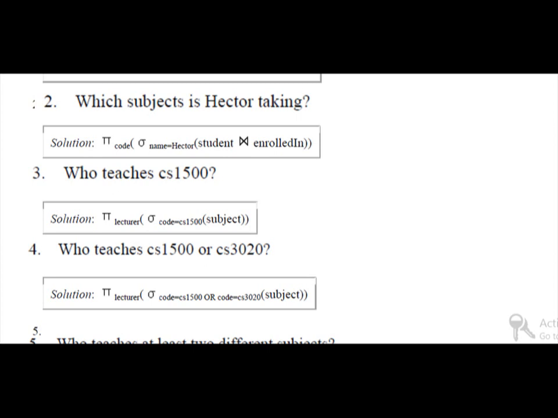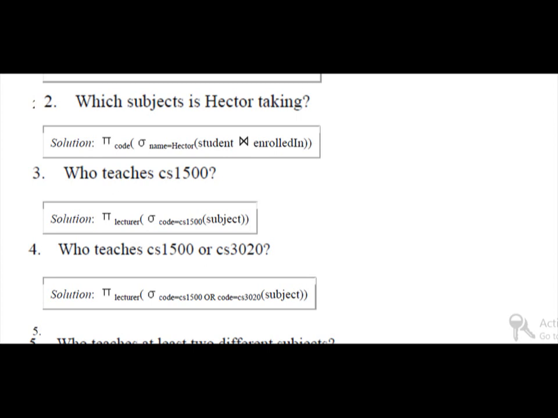So we have to find the lecturer column, that's why we wrote projection lecturer, and in brackets selection code is equal to CS1500, meaning we are comparing the value CS1500 of the code column. So we write code is equal to CS1500 from the subject table, and we will get the desired output.